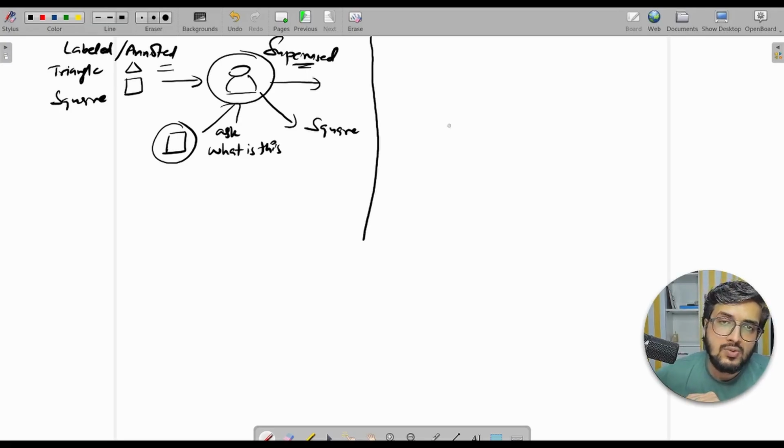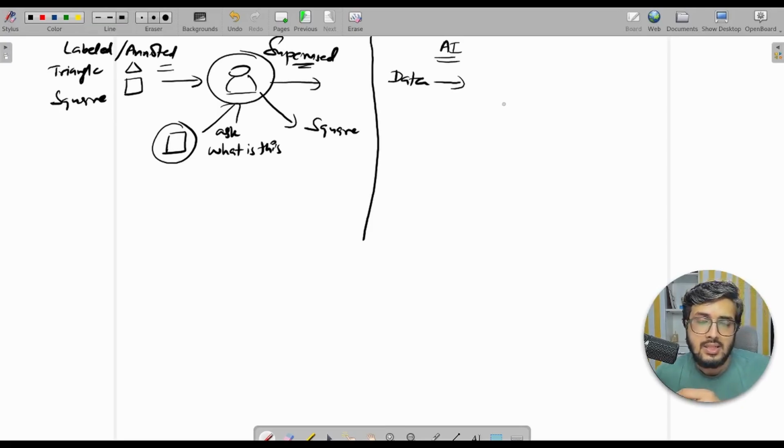Now the same thing we can do in the AI world, in the programming world as well. What we do normally, we collect the data. It could be any data, like data about accounts, data about sales, image data, or video data. We collect the data and we do some cleaning of the data. Sometimes the data is incomplete, sometimes the image is blurry, sometimes the Excel sheet data is incomplete, cells are missing, or the date time format is invalid, etc. So we do the data cleaning. So first is raw data, then we do the data cleaning or wrangling,